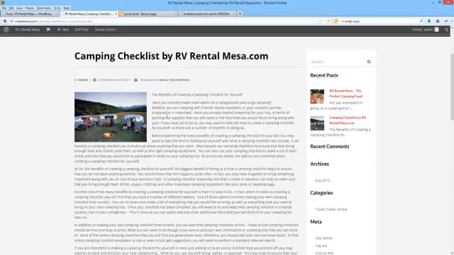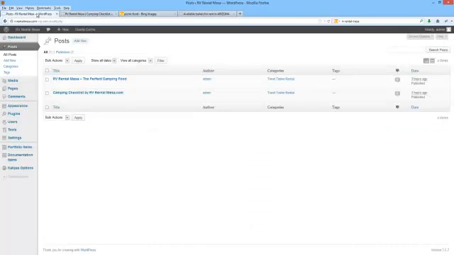Okay, so that's a recent post, basically an image, the benefits of camping checklist. So we're going to go ahead and create that. Again, you would click up here. Usually what I do is have these pages open up in another tab, so I can always just go back and forth between the 2, and then whenever I want to work on something, I can just go over here, click Post, click Add New Post,